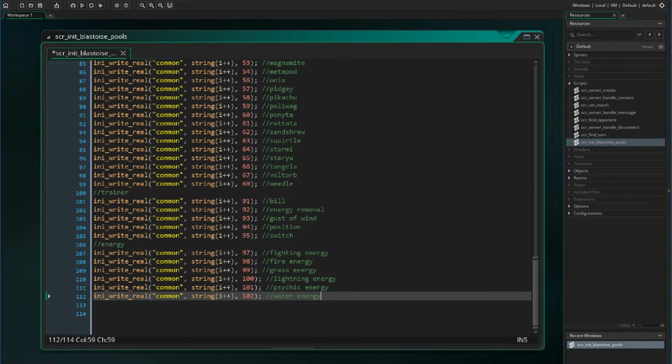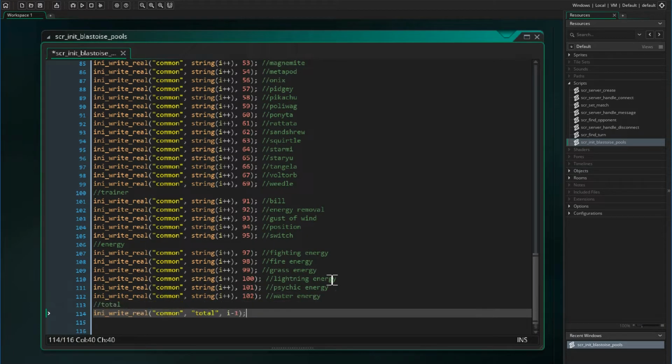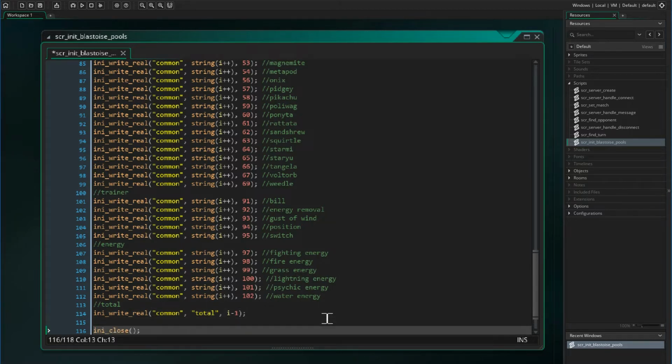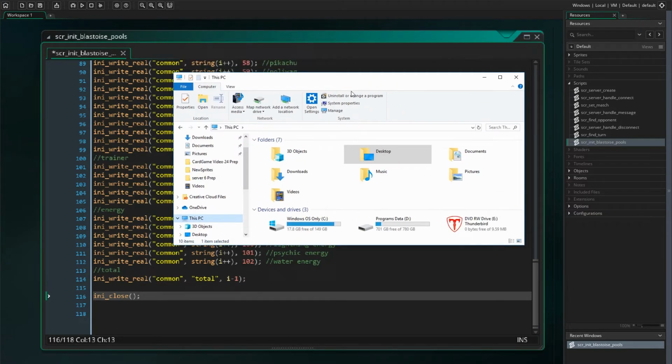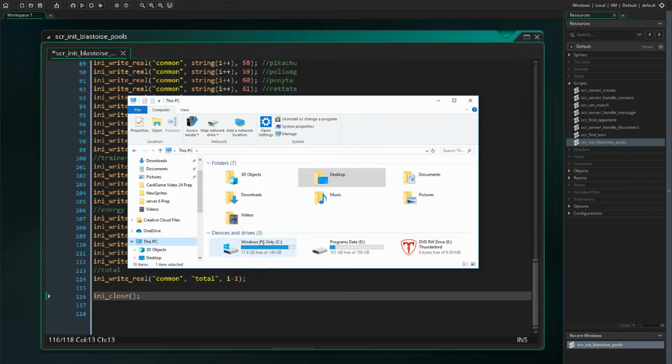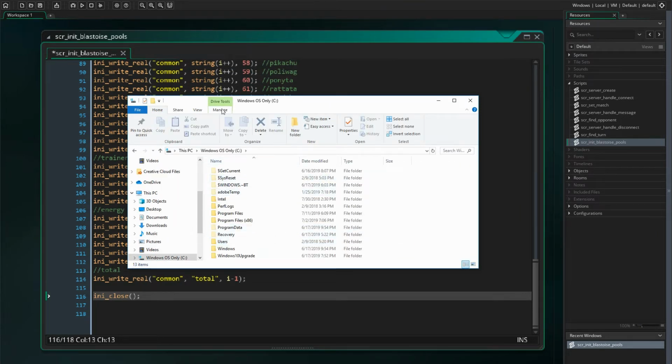Followed by the energy cards. And then lastly the total. And then at the end of this, we want to close the INI file. So now if we go to our PC folder and we open up our C drive, we can go to